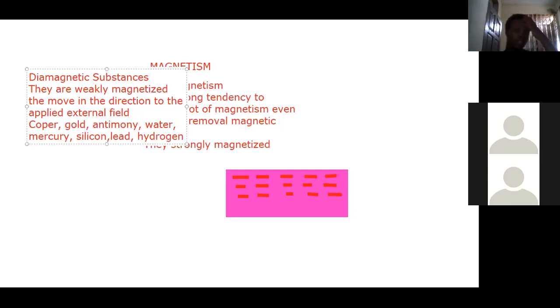So these are examples of diamagnetic substances. They move in the direction opposite to that of the externally applied magnetic field.